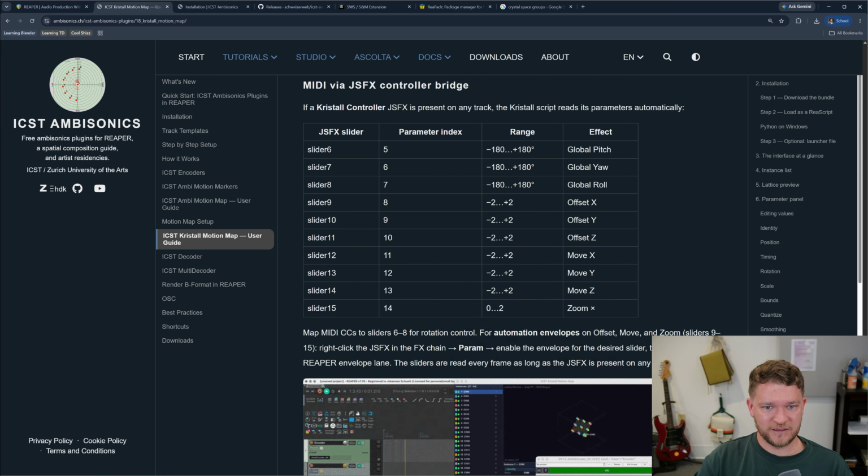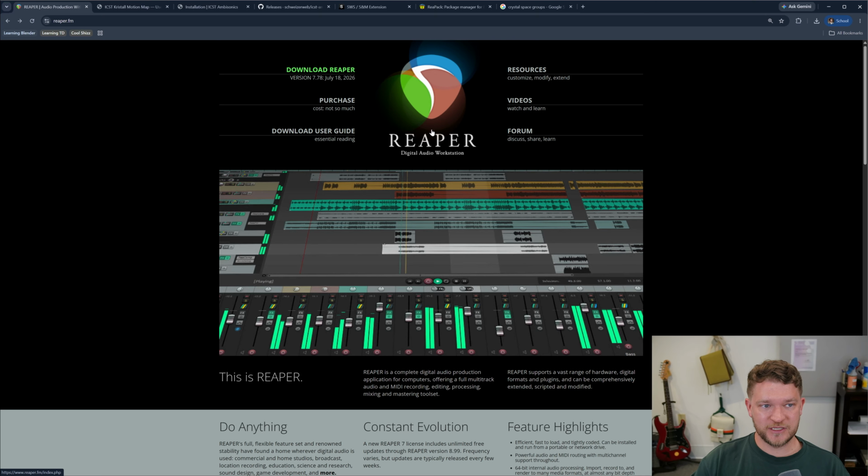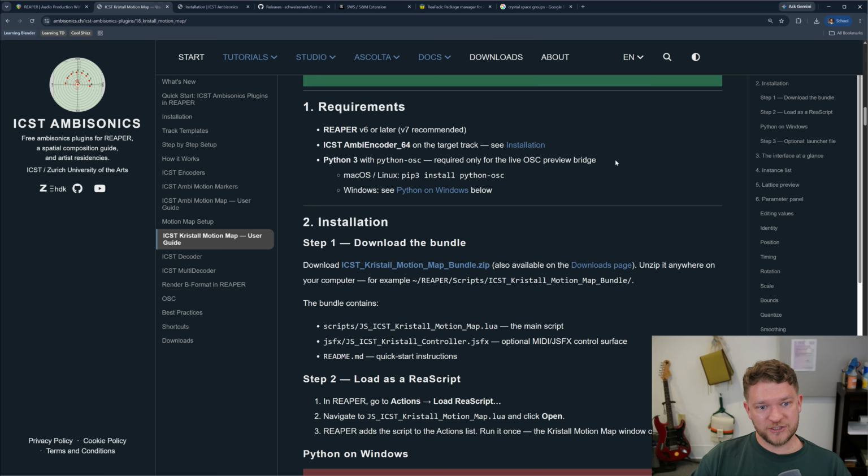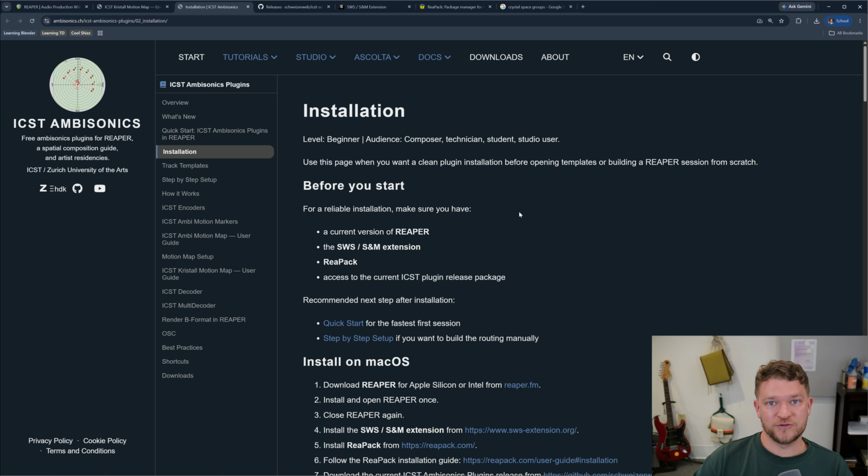So on this page, if you scroll down to requirements, I will tell you the base requirements that you need to get this system working. The first is Reaper version 6 or 7, which is the latest version. If you go to reaper.fm, you can download Reaper, amazing digital audio workstation. Additionally, you will need the ICST plugins, which are linked under this installation link here. If you follow that, you'll get to another installation process, which I won't go into depth, but you'll need the